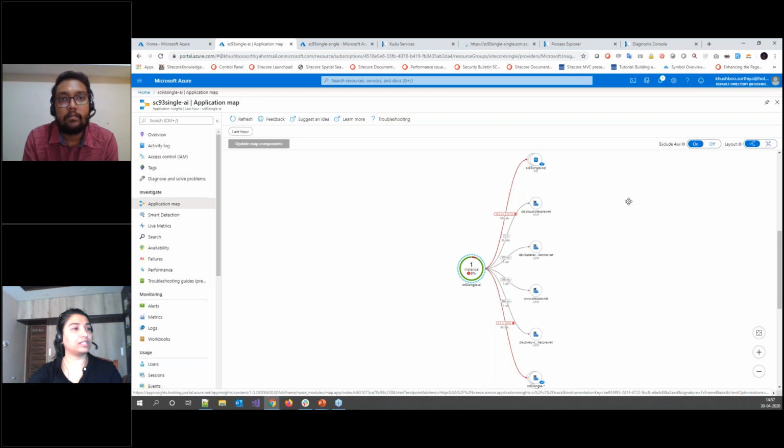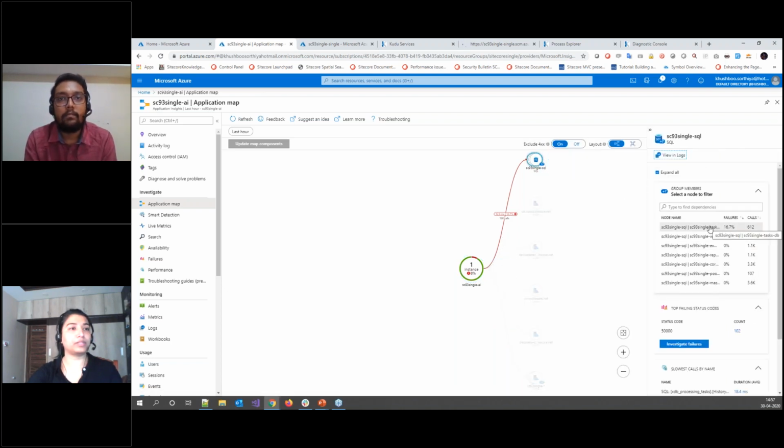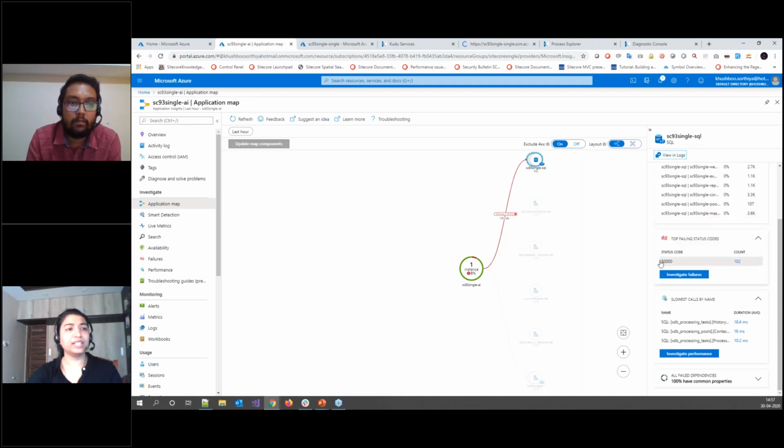If I select a SQL component, it shows me the calls to the different databases, the number of calls and the failure rate of those calls. It also shows the top failing status codes and the slowest calls by name. We can also investigate this further by navigating to the failures and performance panels, which we just explored.